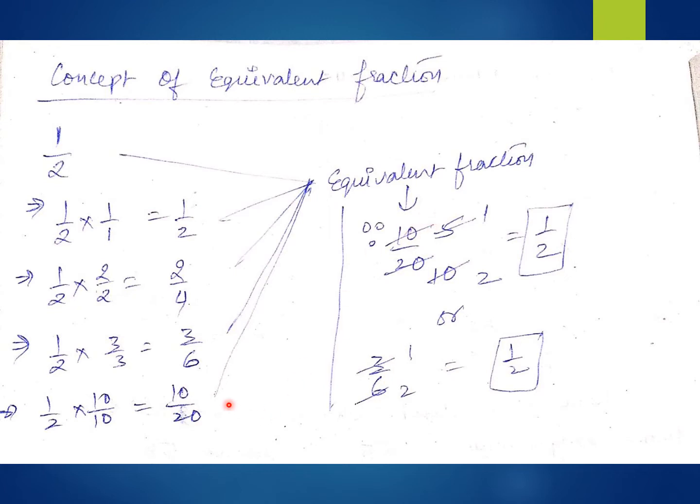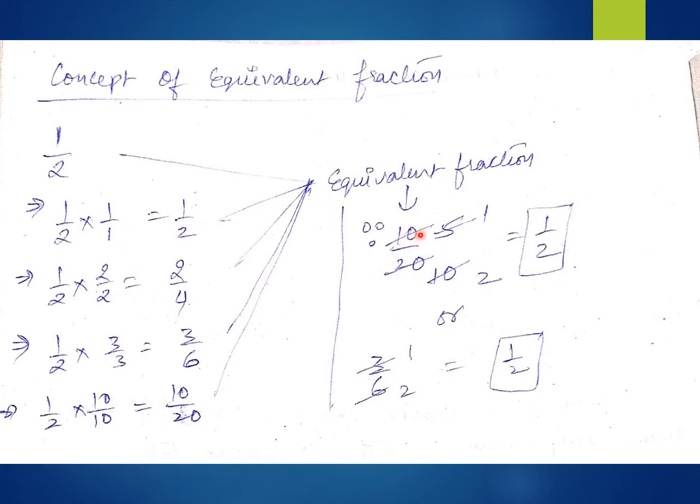Suppose you had this number 10 upon 20. It looks different than 1 by 2. But if you see carefully, it is not the final form. If you want, you can simplify it further. Now you will think, how will I simplify it? Very easy. Just think which number can divide both these numbers. So what is coming to your mind? Yes, the first number is 2. 2 can divide 10 as well as 20.